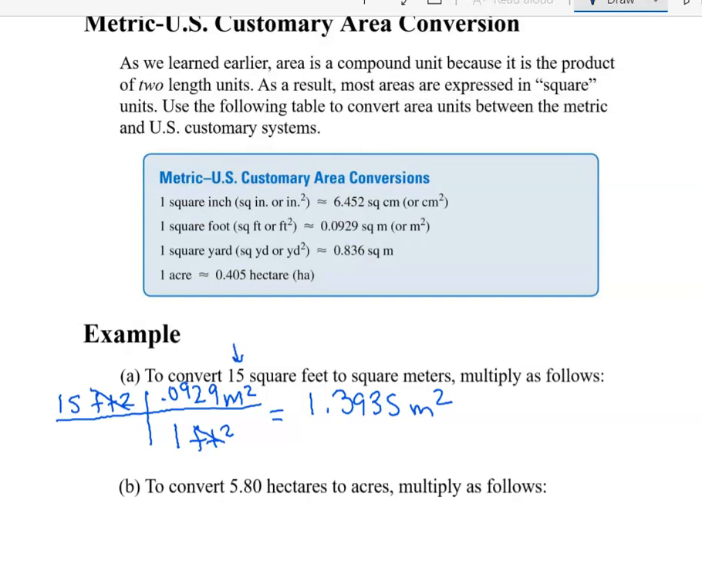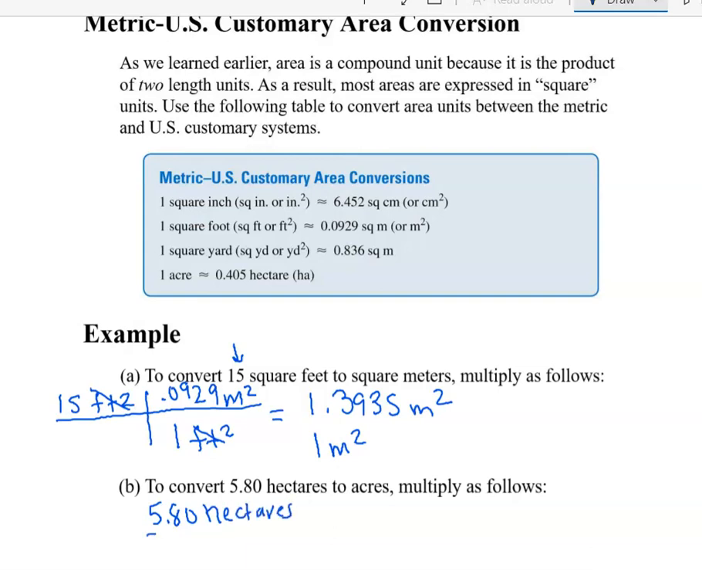Here we would want to round to the ones place, so we would just keep that. If we were going to round, we would round it to 1 meter squared because that would be our least significant digit. To convert 5.80 hectares